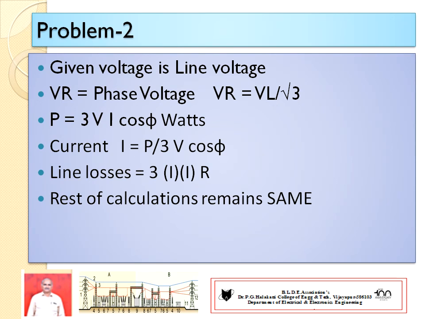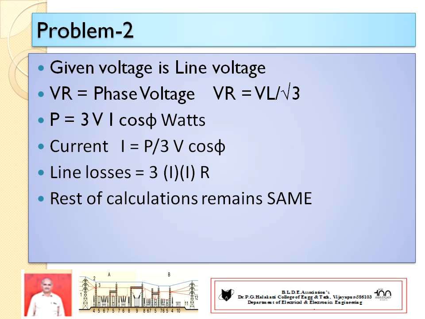So only 3 things. First, you observe whether the given problem is single phase or 3 phase. Already we solved one problem of single phase. No problem. If a 3 phase line is given, only 3 things we have to clearly observe. Point number 1: the given voltage is always line voltage. In a 3 phase system, the given voltage is always line voltage. Hence, we have to take the receiving end voltage per phase, that is VL by root 3. The given voltage in the problem is line voltage. You take the VR, it should be phase voltage.